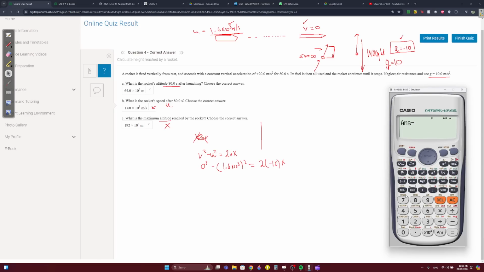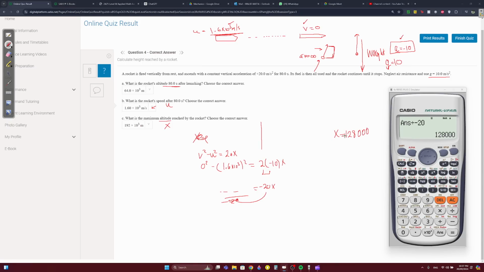So you're going to get negative 1.6 times 10 to the power of 3, which is minus 1600, squared. And we're going to divide by negative 20. Why did I divide by negative 20? Because here 2 times negative 10 is negative 20x. So just take the negative 20 to the other side and divide by it. And you get that x equals